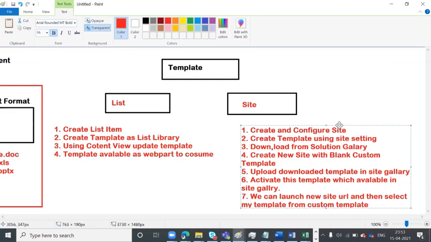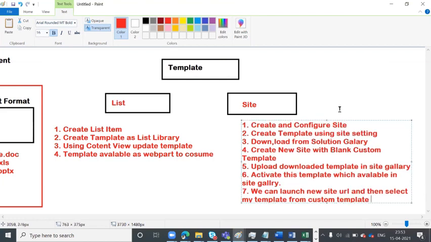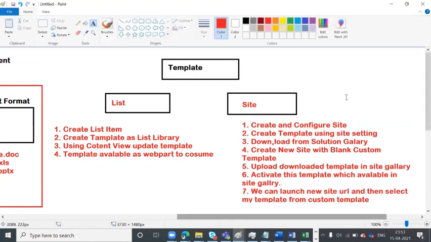So for a site, it's a pretty lengthy process, and it depends upon how we are